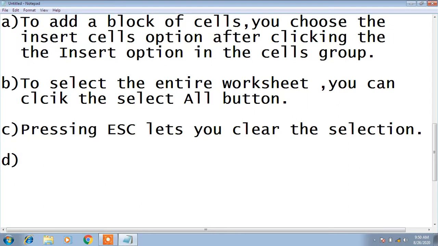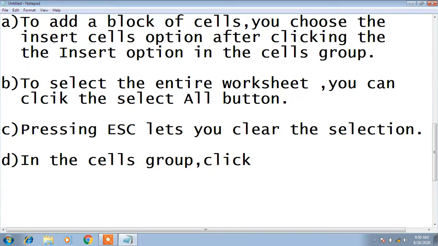Now come to the question number D. In the Cells group, click Format is the answer.